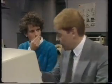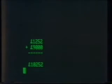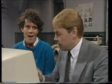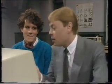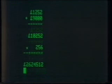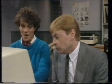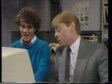And try this. He puts the initial sum into each account. £1,252. Which acts as a signal. So they all get another 9 grand. And he does that 256 times. £1,252 plus 9,000 multiplied by 256. Work it out. £2.5 million. It's based on a lot of assumptions, but...